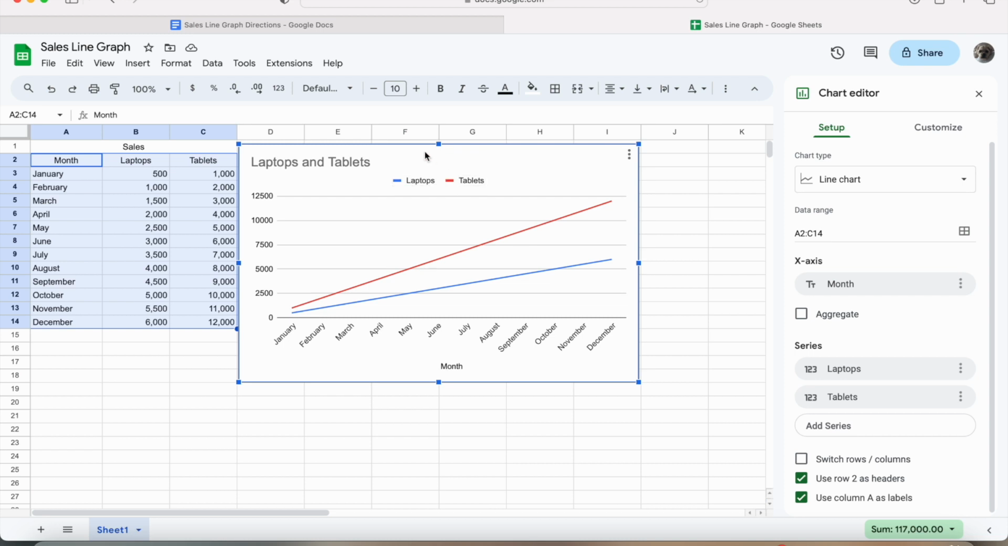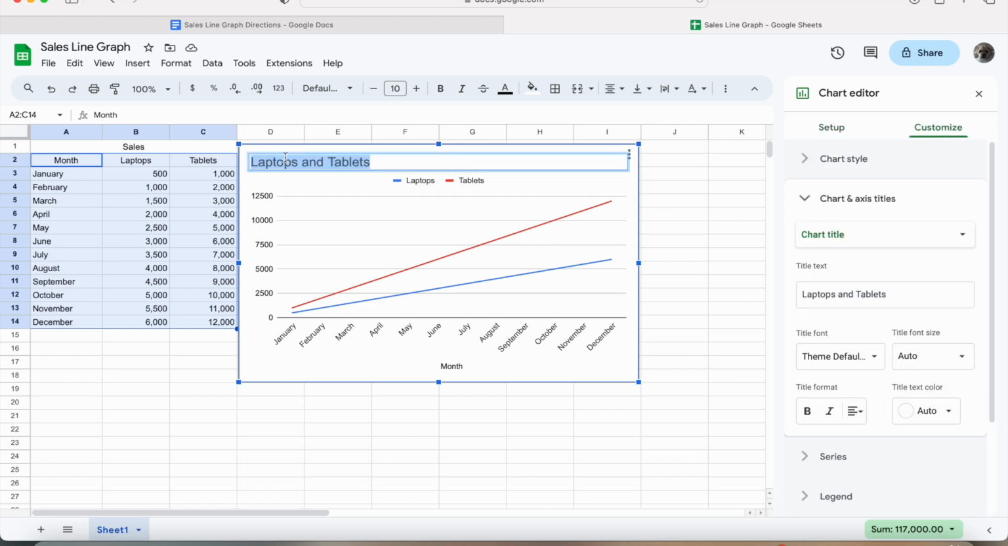The last thing that we are going to do is label this line graph. We're going to call it monthly sales of laptops and tablets. Alright, so that is how to create a line graph in Google Sheets that shows the monthly sales of laptops